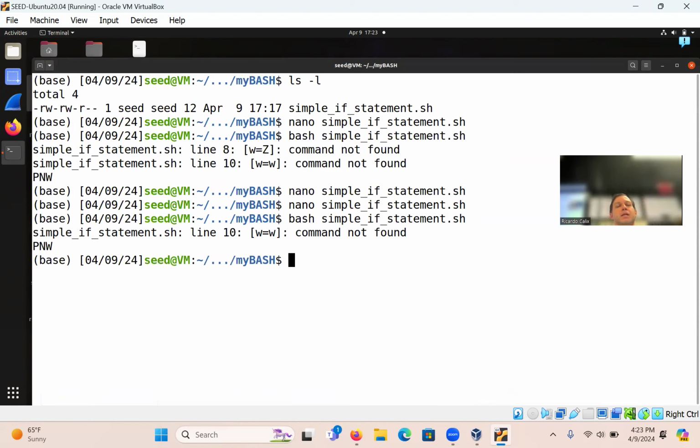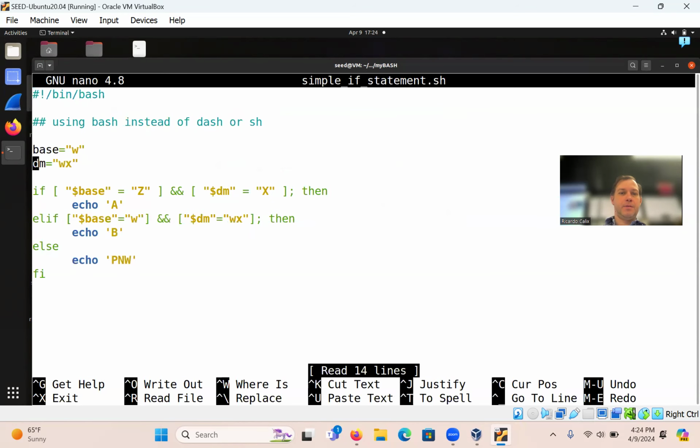Okay, now it's saying W equal W doesn't like that one. So that's gotta be the second if statement, right? So this one here, that's base, and the other one is DM.